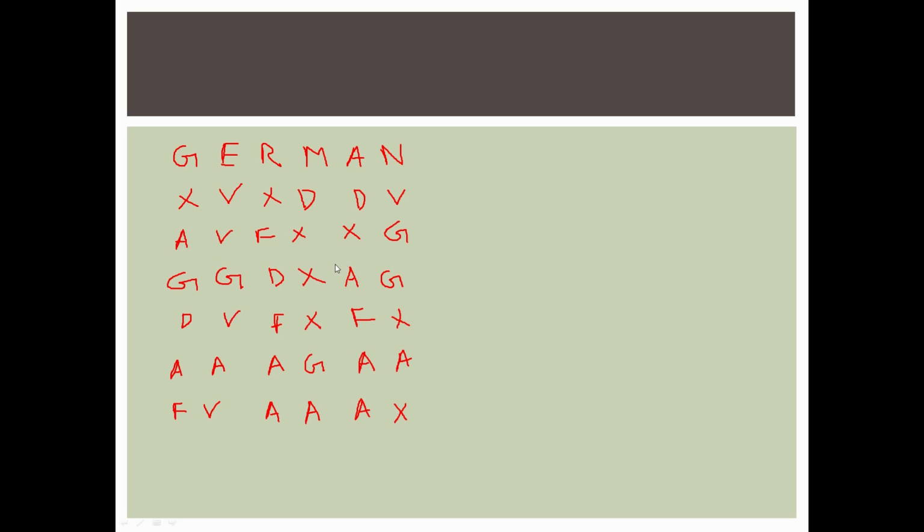You will not always get strings of this sort, consisting of a number of characters that is a multiple of the number of characters present in the key text. So suppose you have got some extra characters here, you can write them in this order. The first extra character will go here, and then the next extra character will go under V, and then A, and it will go on until you reach the end of the intermediate text. So finally this is it, and now you have to do another thing.